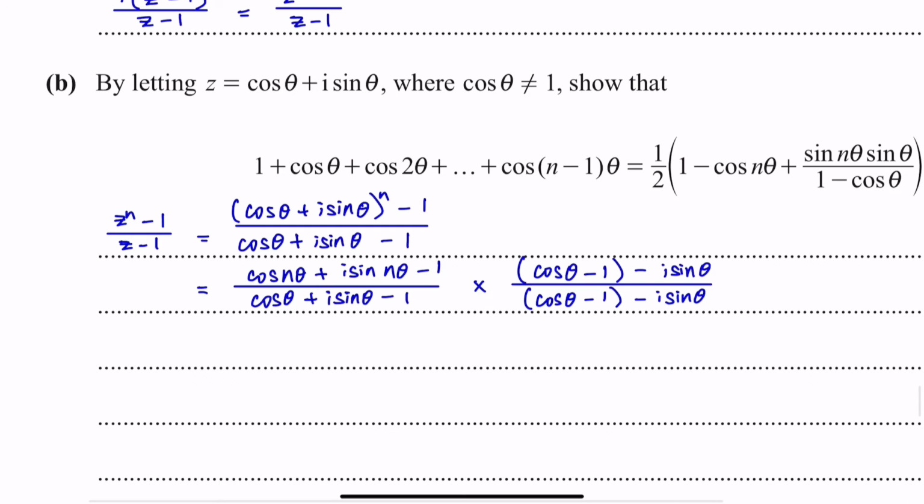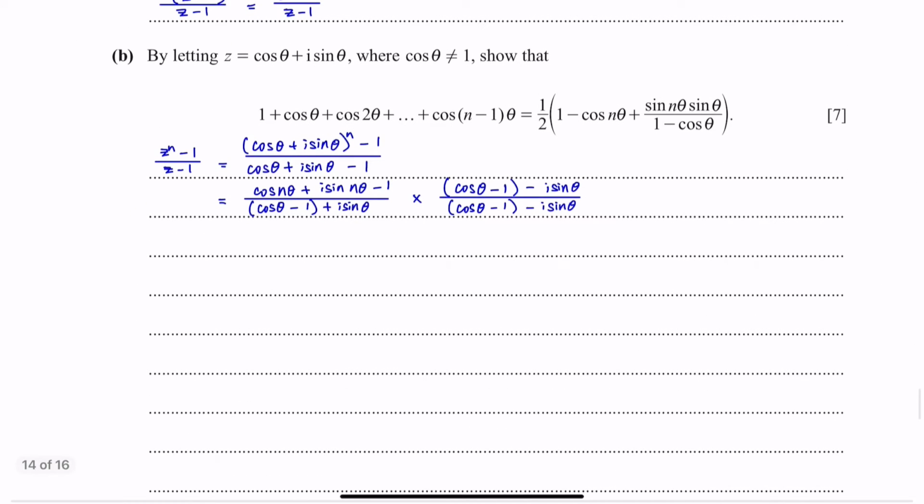Okay, to make it clearer, let me rewrite this part. I can rewrite this as cos theta minus 1 plus i sine theta. So what we have to do here, how do we get this? It's basically we change the plus sign to a minus sign, and we will see the effects later. So now we can get,